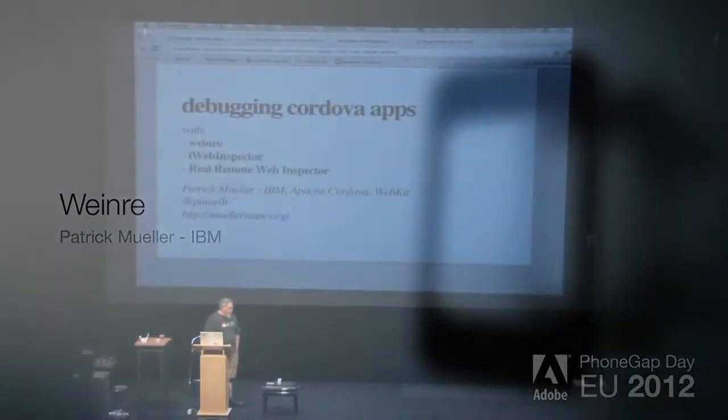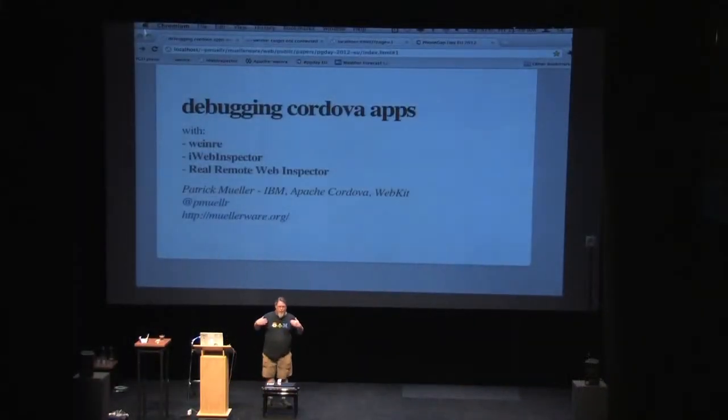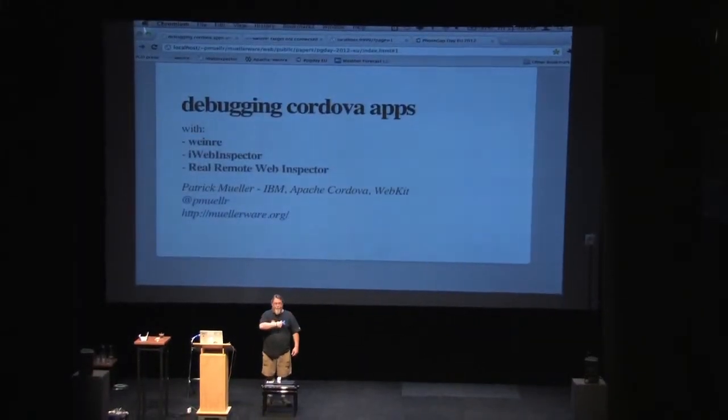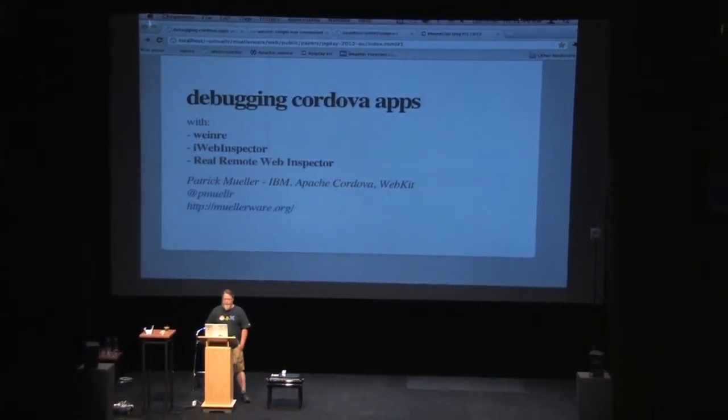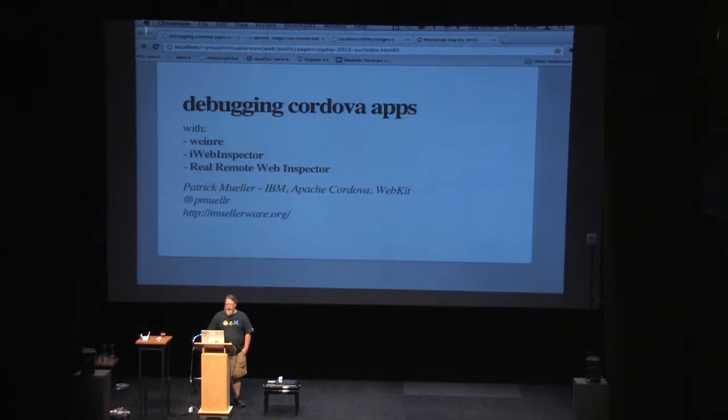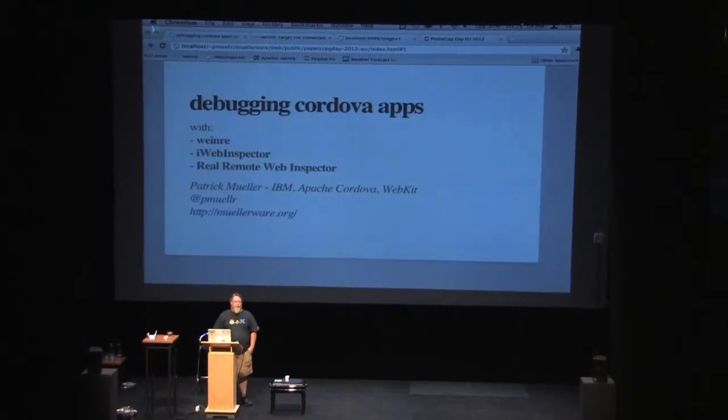All right, I'm Patrick Mueller. If you couldn't tell from my shirt, I work at IBM in the U.S. in North Carolina, to be specific. And my presentation is on debugging Cordova apps,